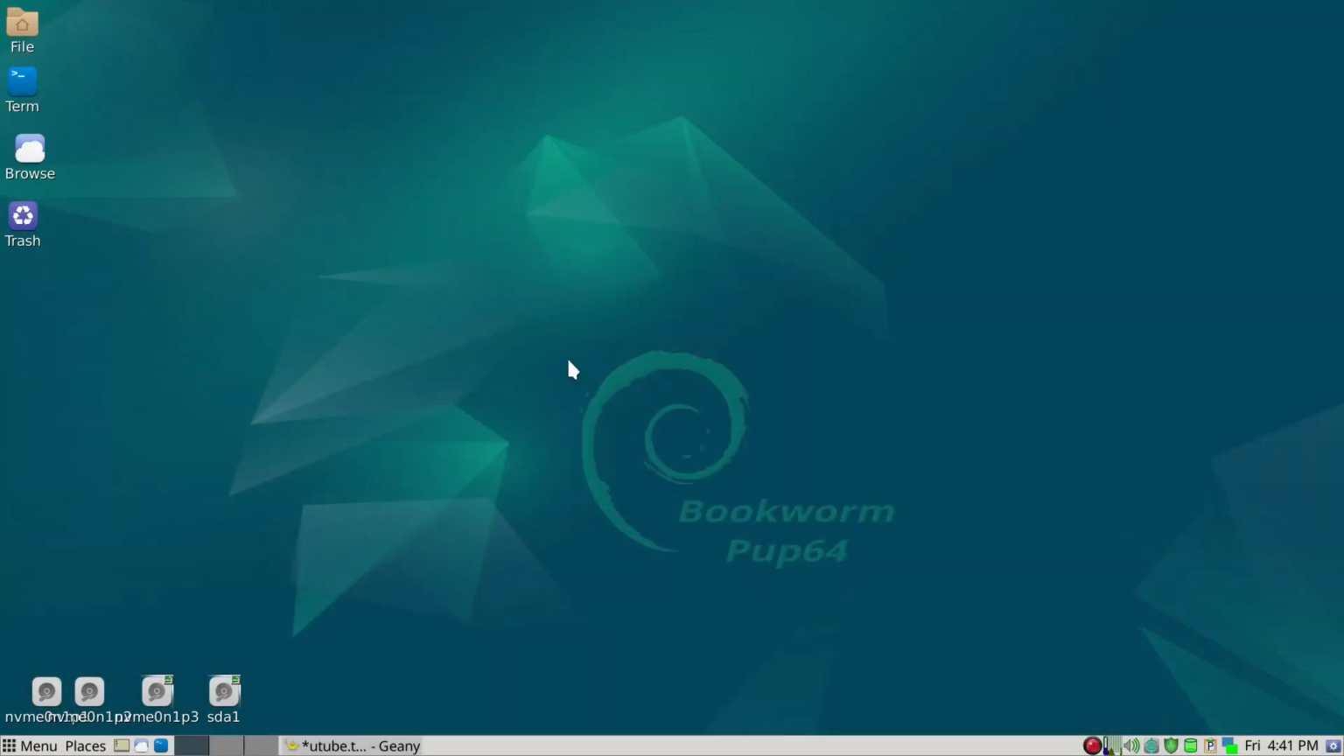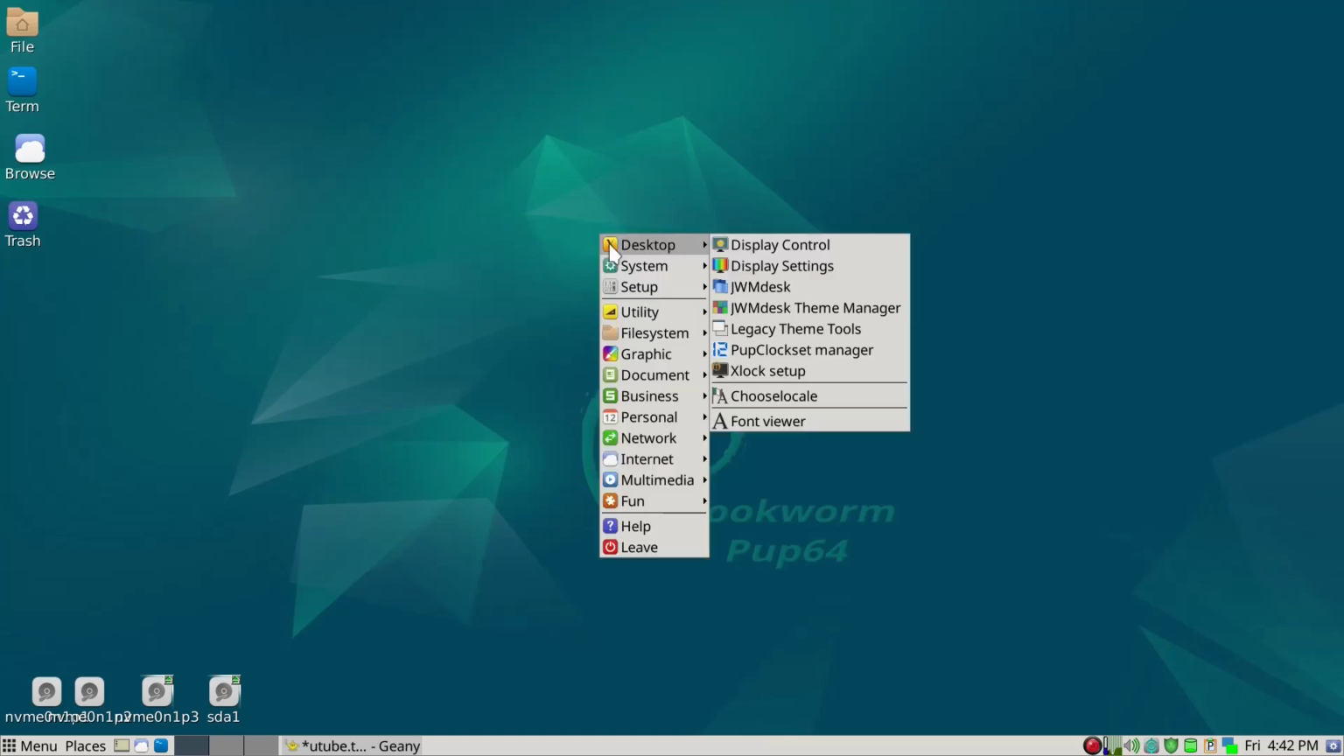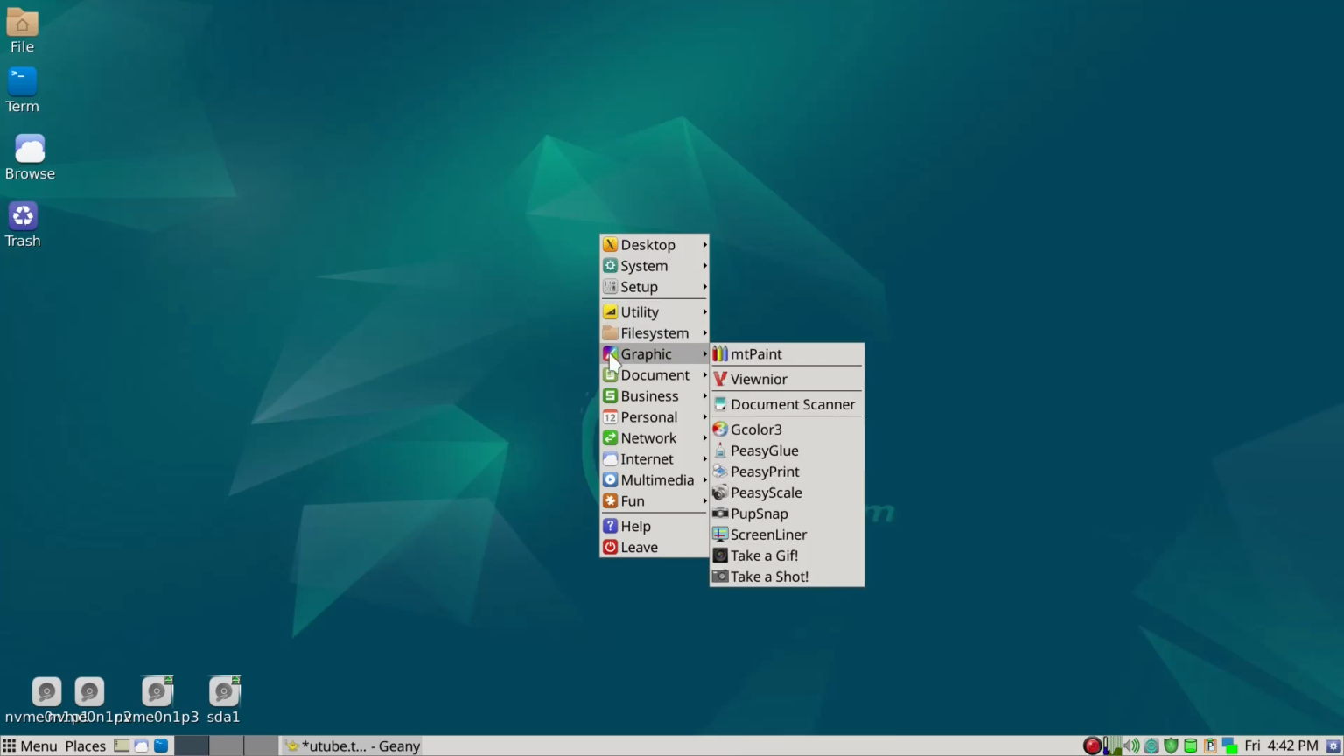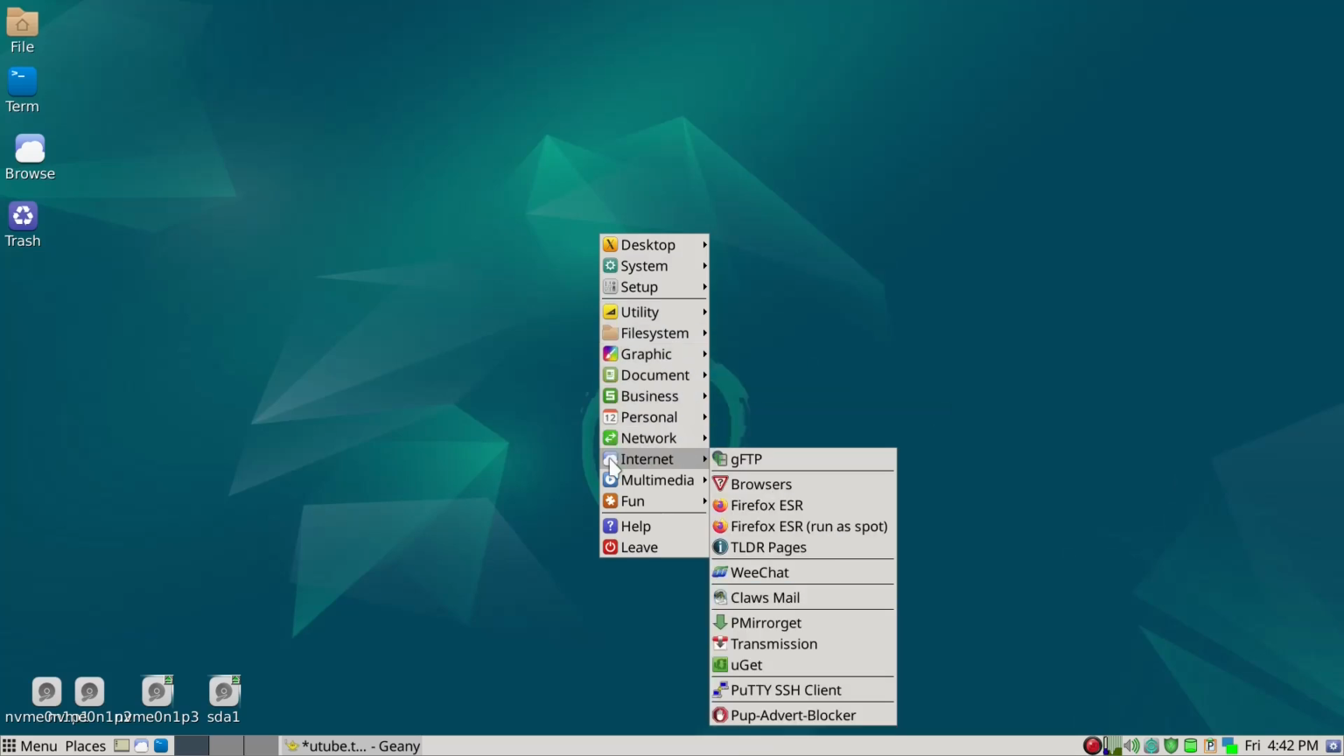Today is October 11th, 2024. I have a fresh install of PuppyLinux, Bookworm Pup64. I modified it a little bit so you can see the fonts are larger. And also we can take a brief look at the menu, F12, and you can see that Internet has a